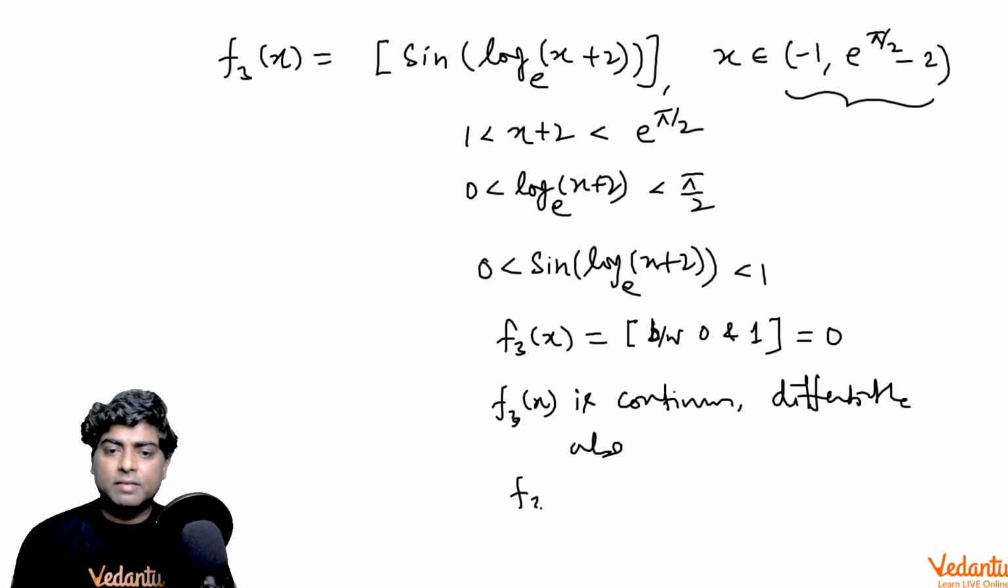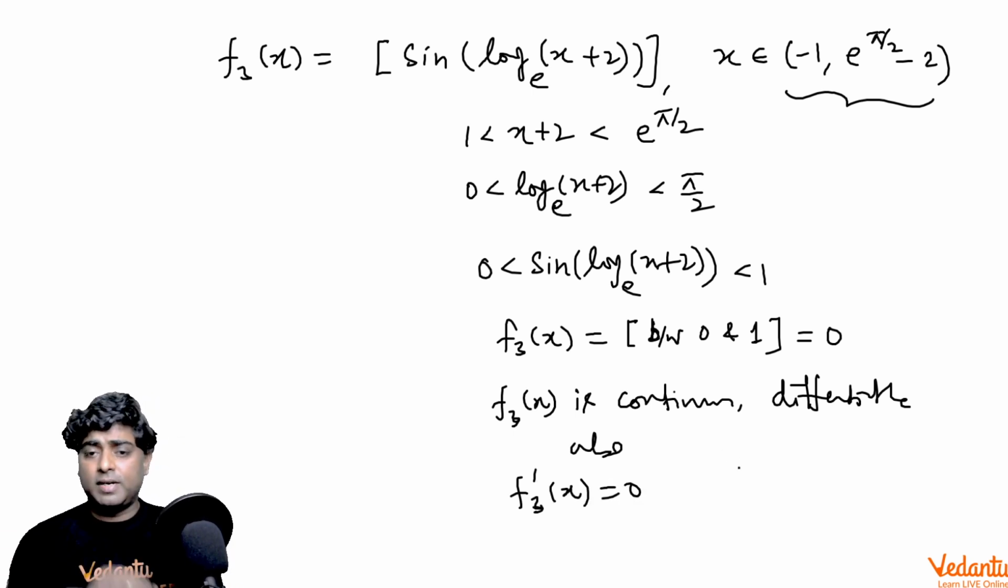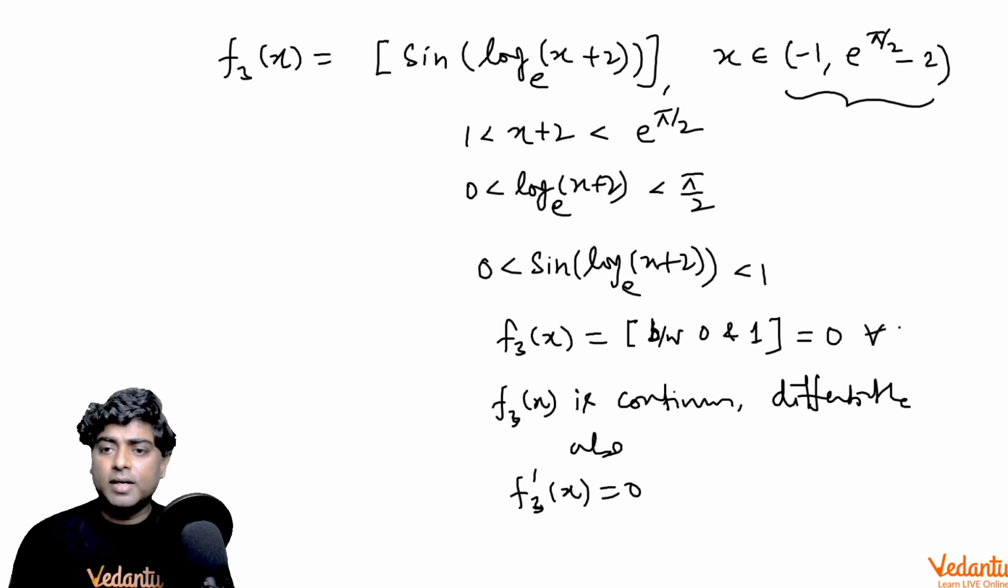Its derivative f3 dash x will also be 0 because this is a flat function for all x in the domain of the function, right. So the derivative is also 0 for all x belonging to the domain. So obviously